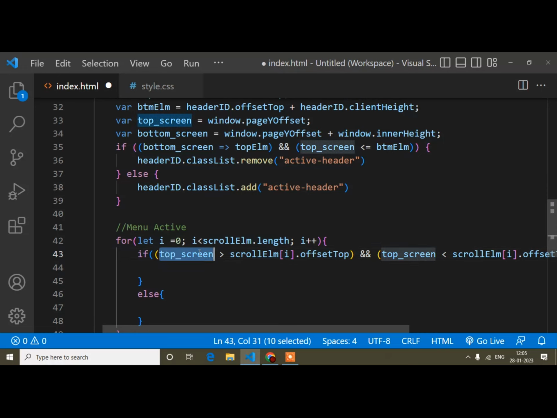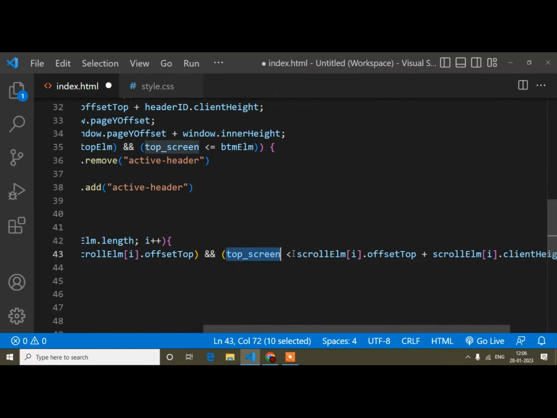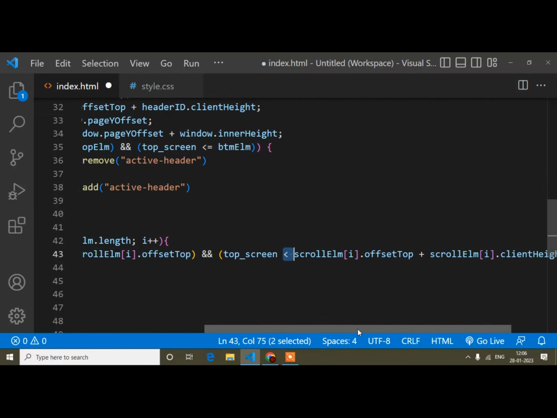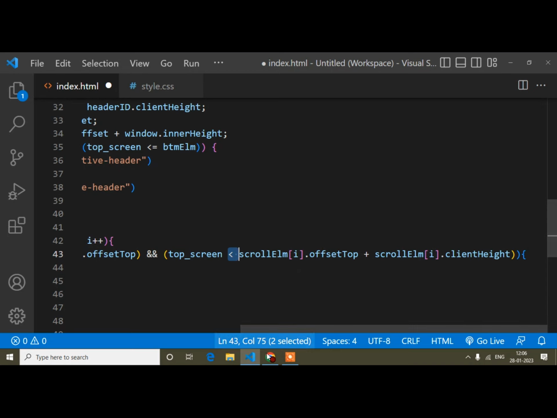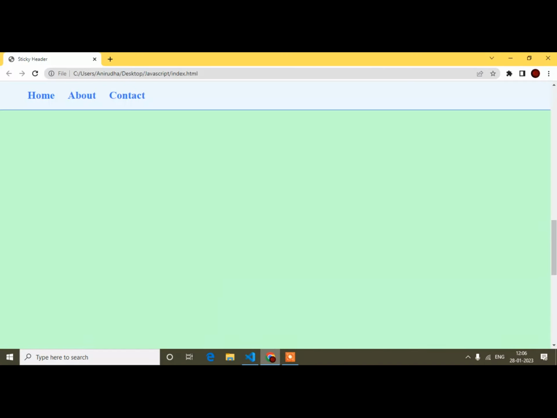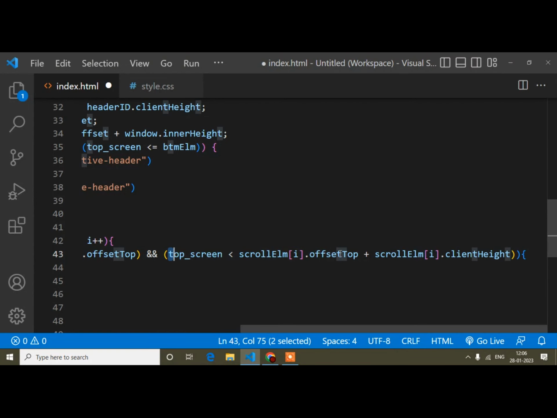See here, top element will increase, and when top element will be less than our bottom position of the section, now I will explain this condition.